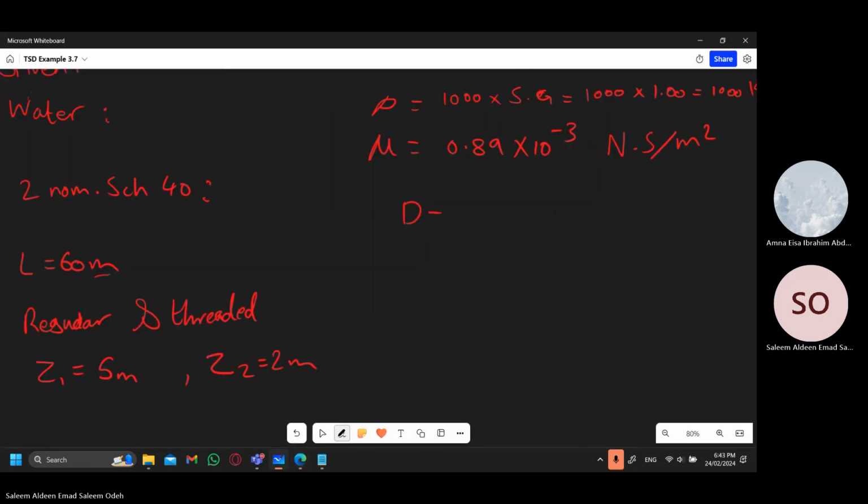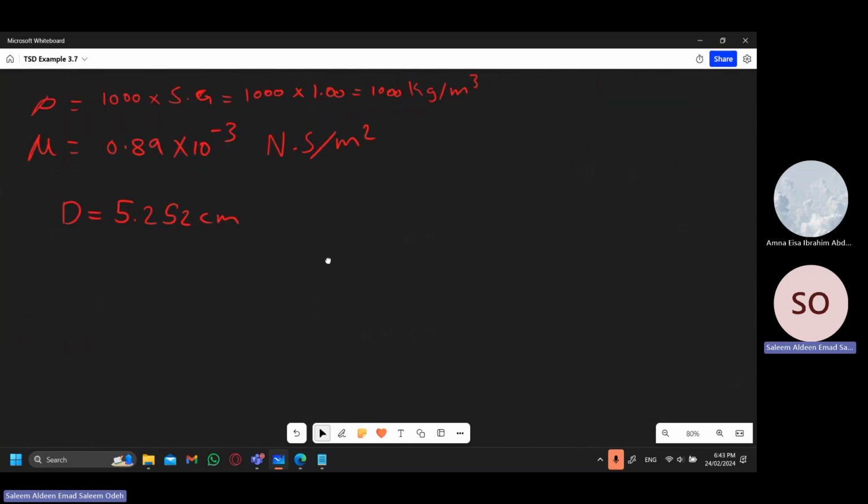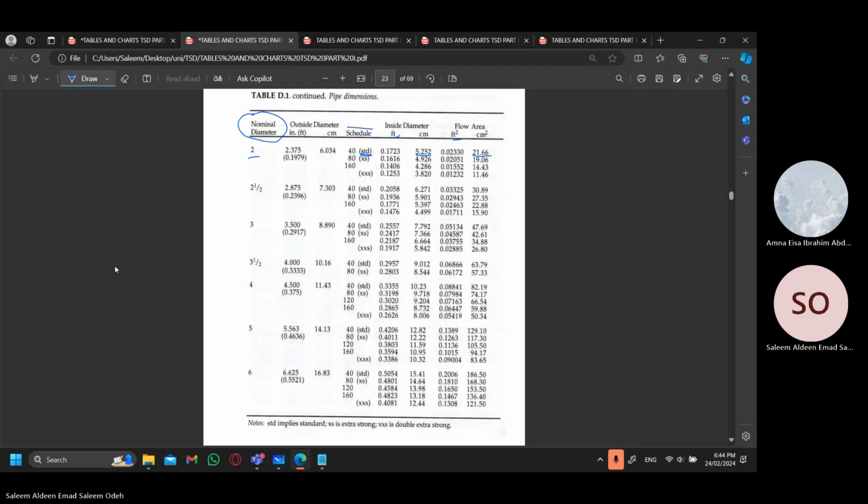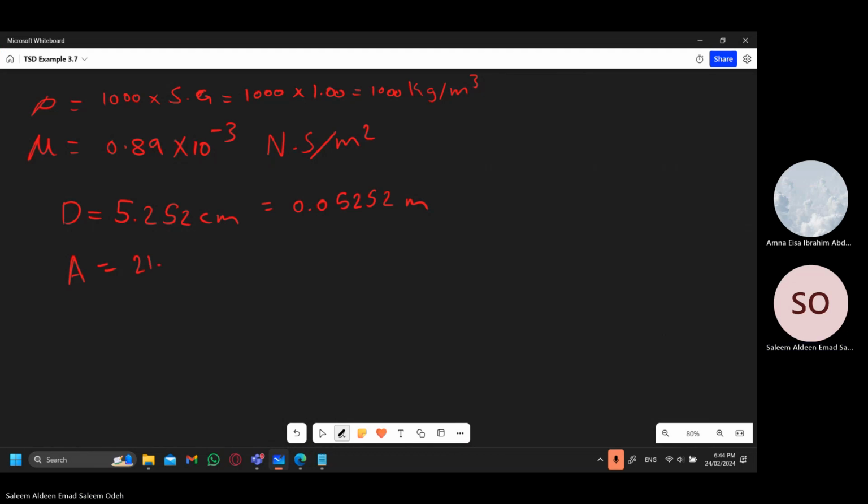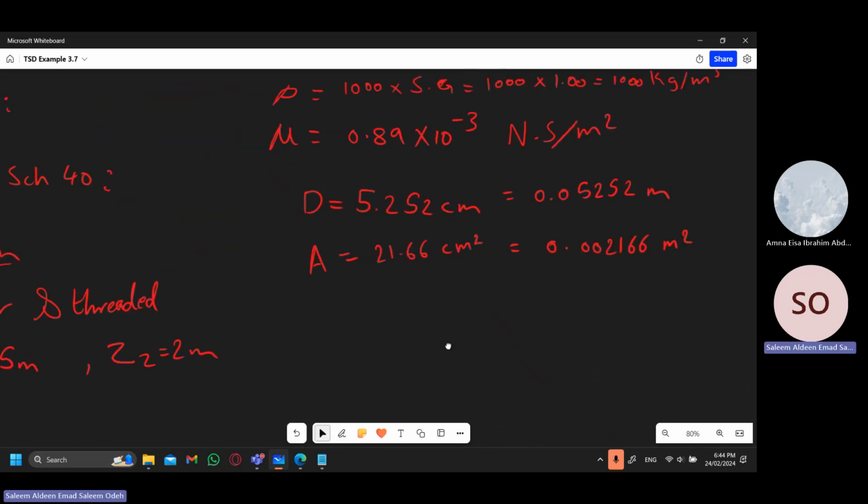So D equals 5.252 centimeters. I highly suggest that when you're writing down the diameter and the area, you convert them to meters. So 5.252 centimeters would be 0.05252 meters, and the area, as can be seen here, is 21.66 centimeters squared, which in meters would be 0.002166 meters squared. Now, the next given that we can find is